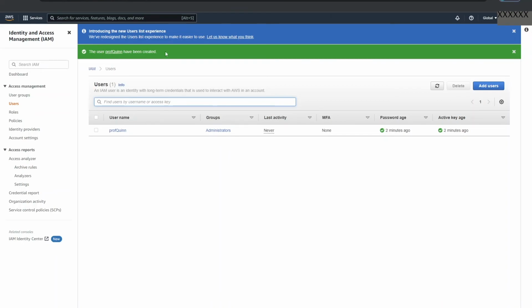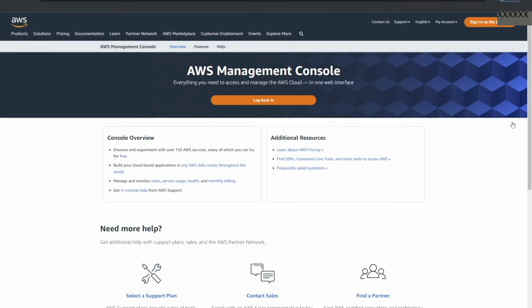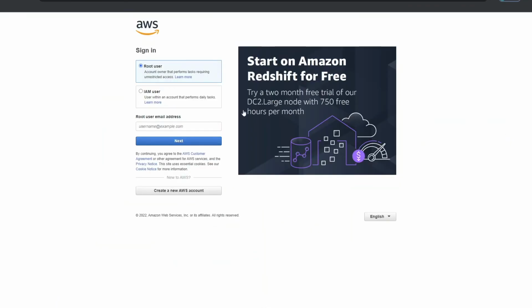The last thing that we'll do is we'll log into AWS with the user account that we've just created. First, I'll log out of my root user account. And then I'll log back in. This time, instead of using the root user, I'll use an IAM account. I'll type the account name that I worked with.